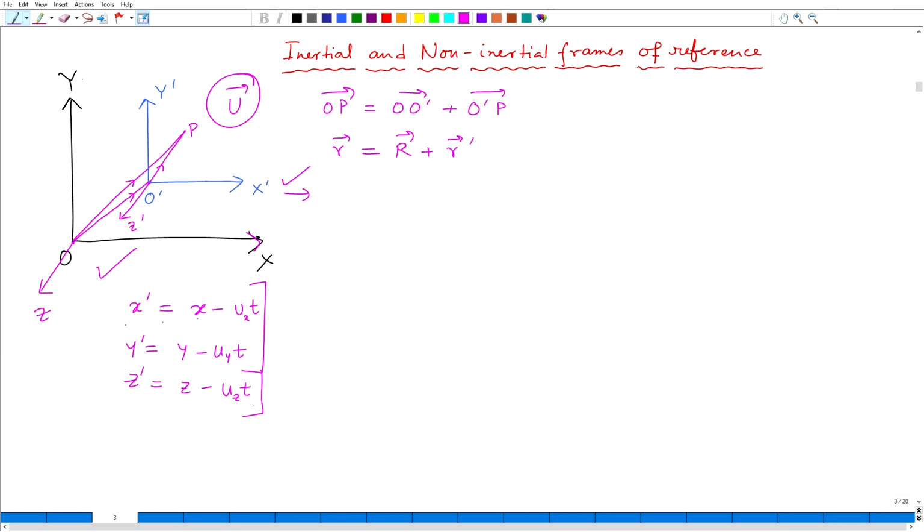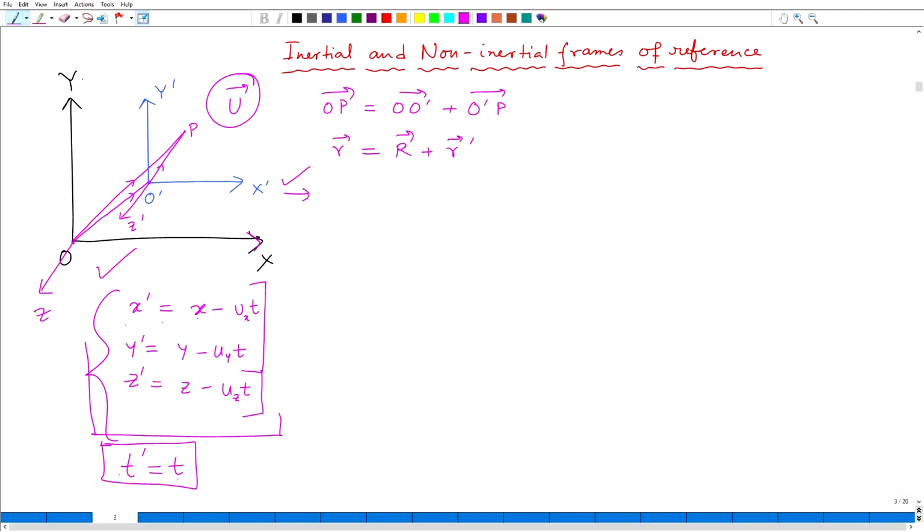Okay. Here the first condition of transformation, which I did not mention now, is the uniformity of time in 2 reference frames, 2 inertial frames of reference. So, that means we also assume that t prime and t will be the same. That means if you and your friend have 2 clocks, and you start your clocks simultaneously and stop simultaneously, then if you measure 5 seconds in your clock, your friend should also measure 5 seconds in her or his clock. Okay. So, this set is known as Galilean transformation,